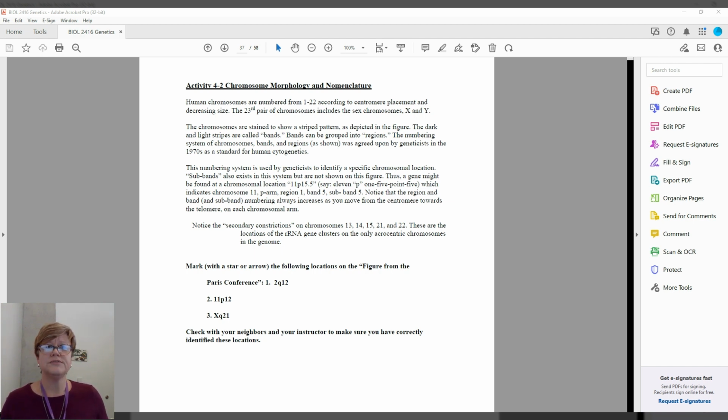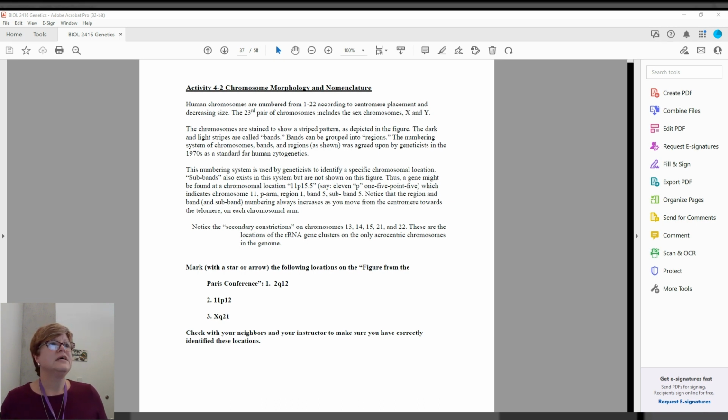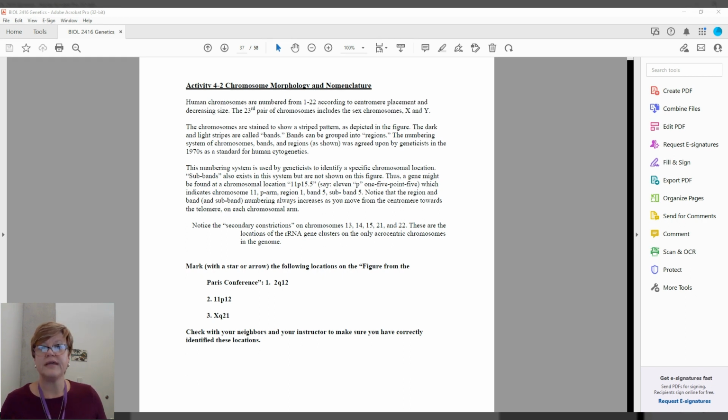The chromosomes are typically stained when they are prepared on slides to show a striped pattern, and you'll see that in the figure in a minute. The dark and light stripes are called bands. Bands are grouped into larger groupings called regions. The numbering system for the chromosomal bands and regions, as shown in the image, came from a meeting in